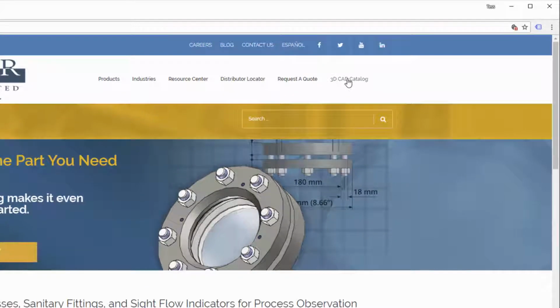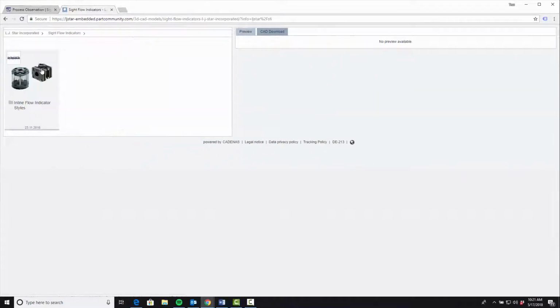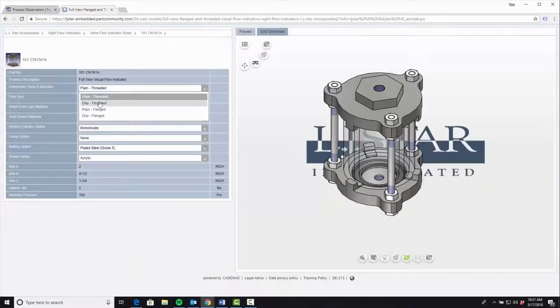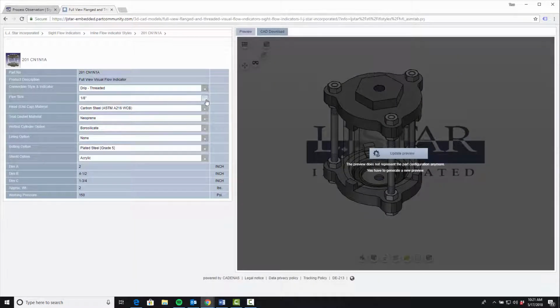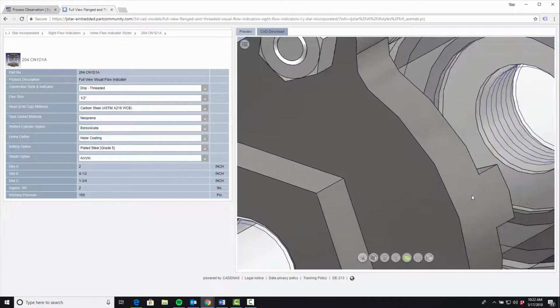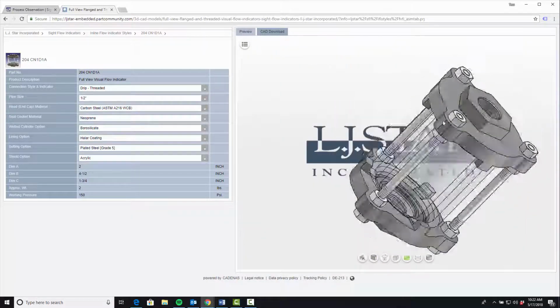3D CAD Catalog. On the left, choose the product you'd like to configure. Then, customize your part to fit your design using the drop-down options while the configurator builds your product on the fly. The configurator also creates an interactive 3D preview of your designed part as it will appear in your virtual